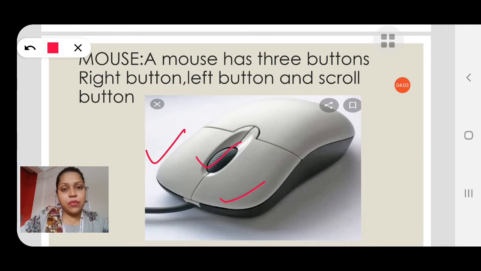And with the help of a mouse, what can we do? We can point on the screen whatever we want to point on the screen. That's why a mouse is called a pointing device, okay, it is also called the pointing device.